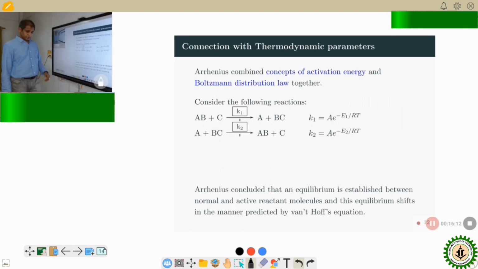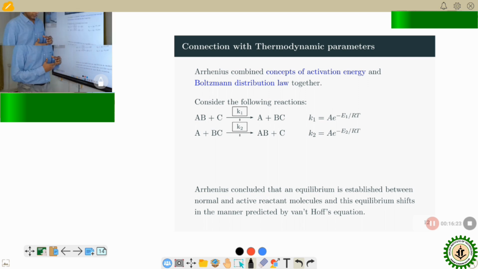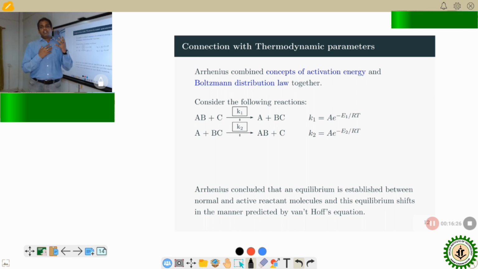Now, after this, what is the connection between the thermodynamic parameter and the reaction rate? Chemical kinetics is basically dealing with the rate of reaction, which is totally a time dependent part, and thermodynamics is connected with the change of energy or the heat exchange process. So, they are very different, but what is the correlation between these two? Van 't Hoff, if you recall the previous expression, gave one idea that the logarithmic